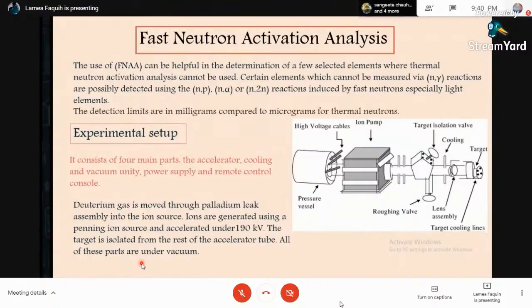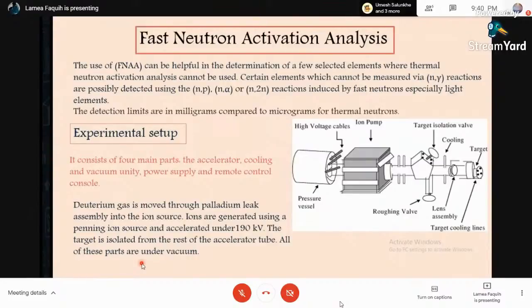The experimental setup is pretty basic. We have an accelerator, a cooling and a vacuum unit. We have a power supply and a remote control console. The process of fast neutron activation analysis happens with deuterium gas, which is passed through a palladium tube into